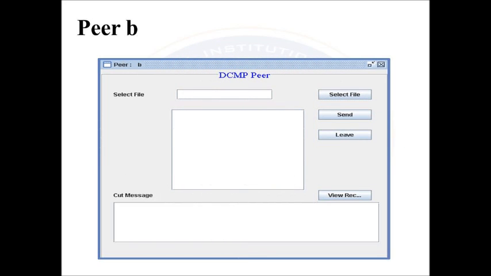Peer B is also the same as the other. If a user uses that node to send a message to another node, they select the file that is needed, and the cut messages or the message is included. Then finally give the sending option. And then next,